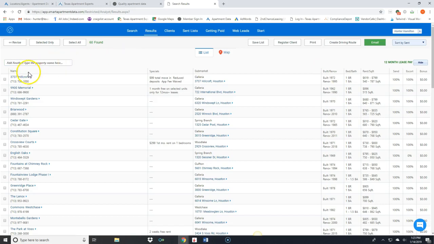So what we're looking at first, so we got the name of the property right here. Then we have the phone number, any specials that property is running. Now sometimes these specials can be out of date, so if you have someone specifically looking for specials, make sure you contact the property. This is the submarket, year built, renovated, number of bedrooms, price range and square footage, and